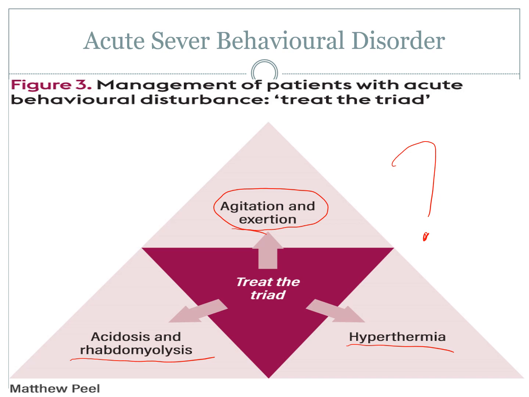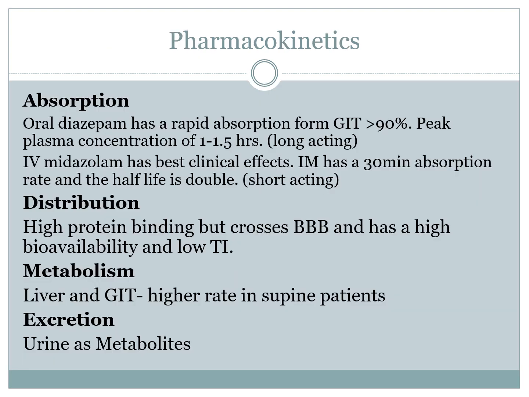Okay, moving down, we'll have a quick discussion on pharmacodynamics. So when you look at the difference between our oral benzodiazepines and our IV midazolam, a general rule of thumb is they're both pretty well absorbed and they cross the blood-brain barrier pretty well, even though they have different routes of administration. So obviously the oral diazepam can meet its peak concentration at about the 1 to 1.5 hour mark, but it's what's known as a very long-acting benzodiazepine. Midazolam, on the other hand, is known as a short-acting